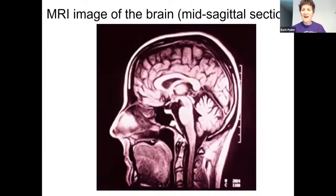All right. I want to show you that we don't cut people open and take their brains out to see what their problems are, but we can image people. And this is an MRI. CT does the same thing. It's a way to take a picture without cutting people open, so it totally doesn't hurt. And we can see